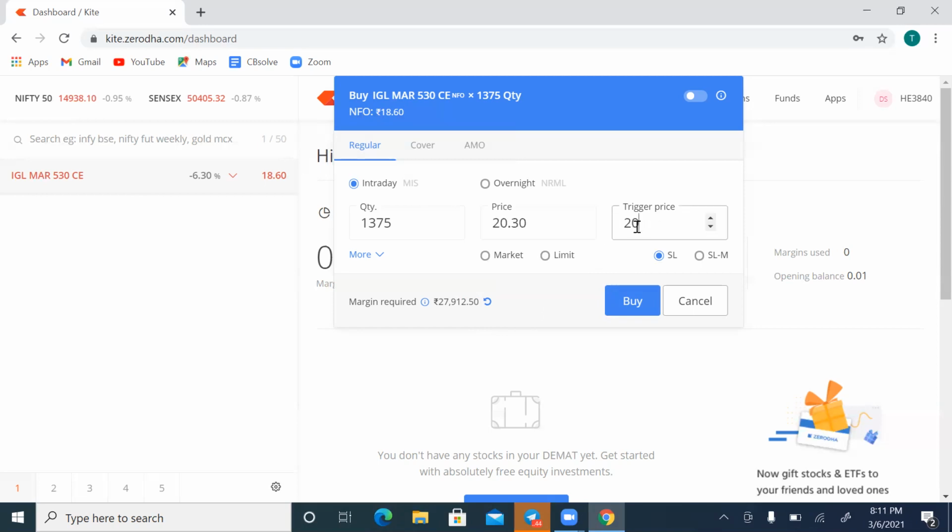So it will start executing our trade from 20. As soon as after 20, if 20.10 comes as a bid, our stock will be executed at 20.10. If the next bid is 20.20, it will get 20.20 as our price. So the next immediate bid after our trigger price, our stock will be executed. So better maintain at least a 20 paisa to 30 paisa difference.